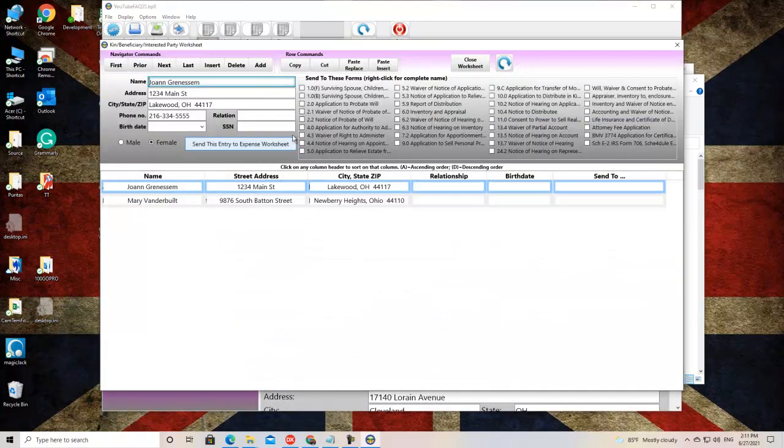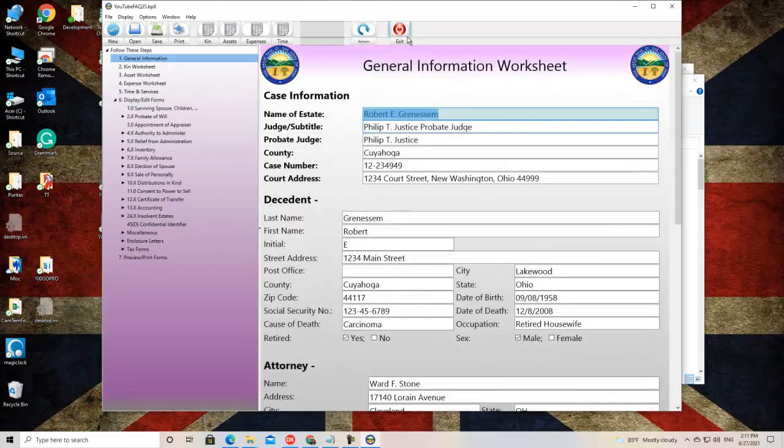You go to your next of kin worksheet and say, hey, wait a minute. Where did my 50 next of kin names go? And then typically you would call technical support. What usually happens is in the asset worksheet, which doesn't have any automatic entries, so it's actually empty, they'll say, hey, I lost all of my asset items. What happened there is